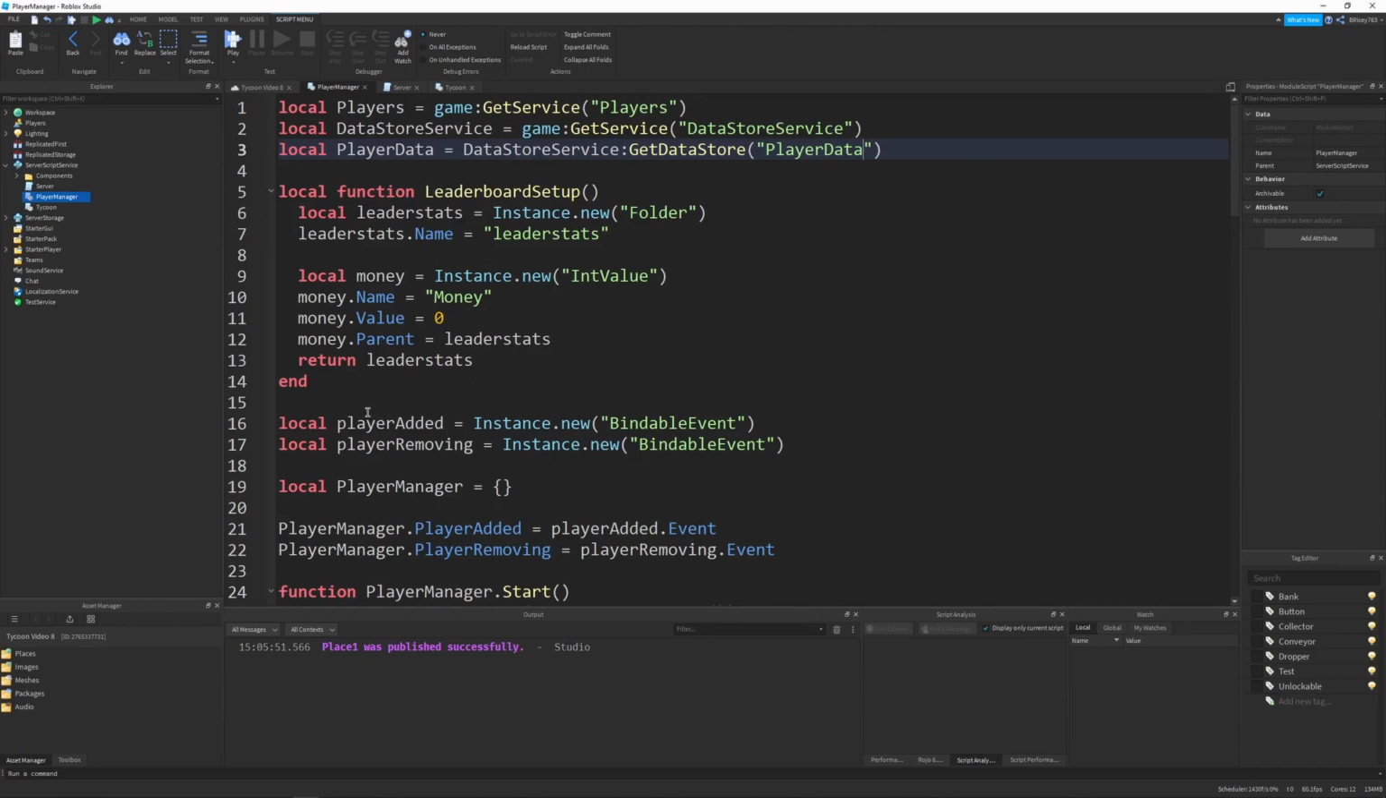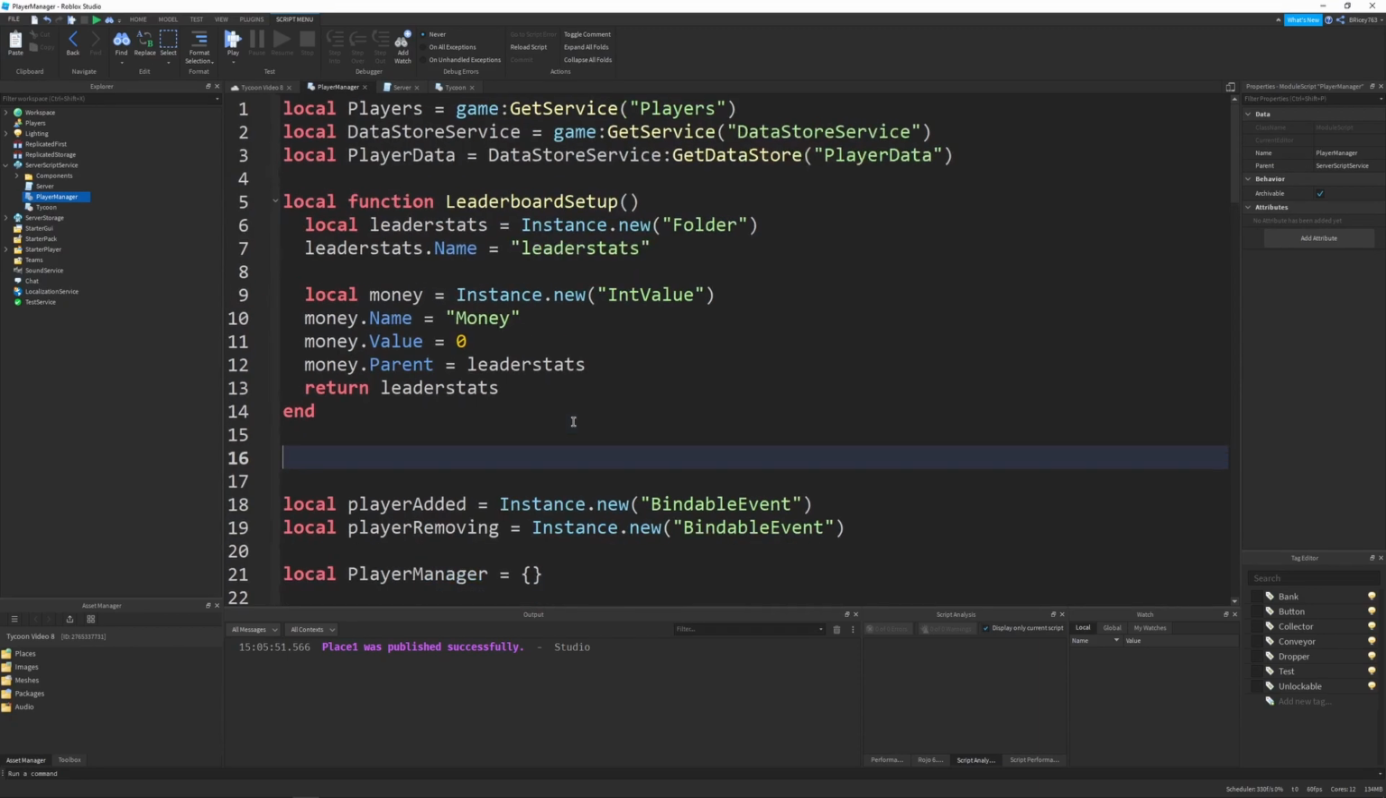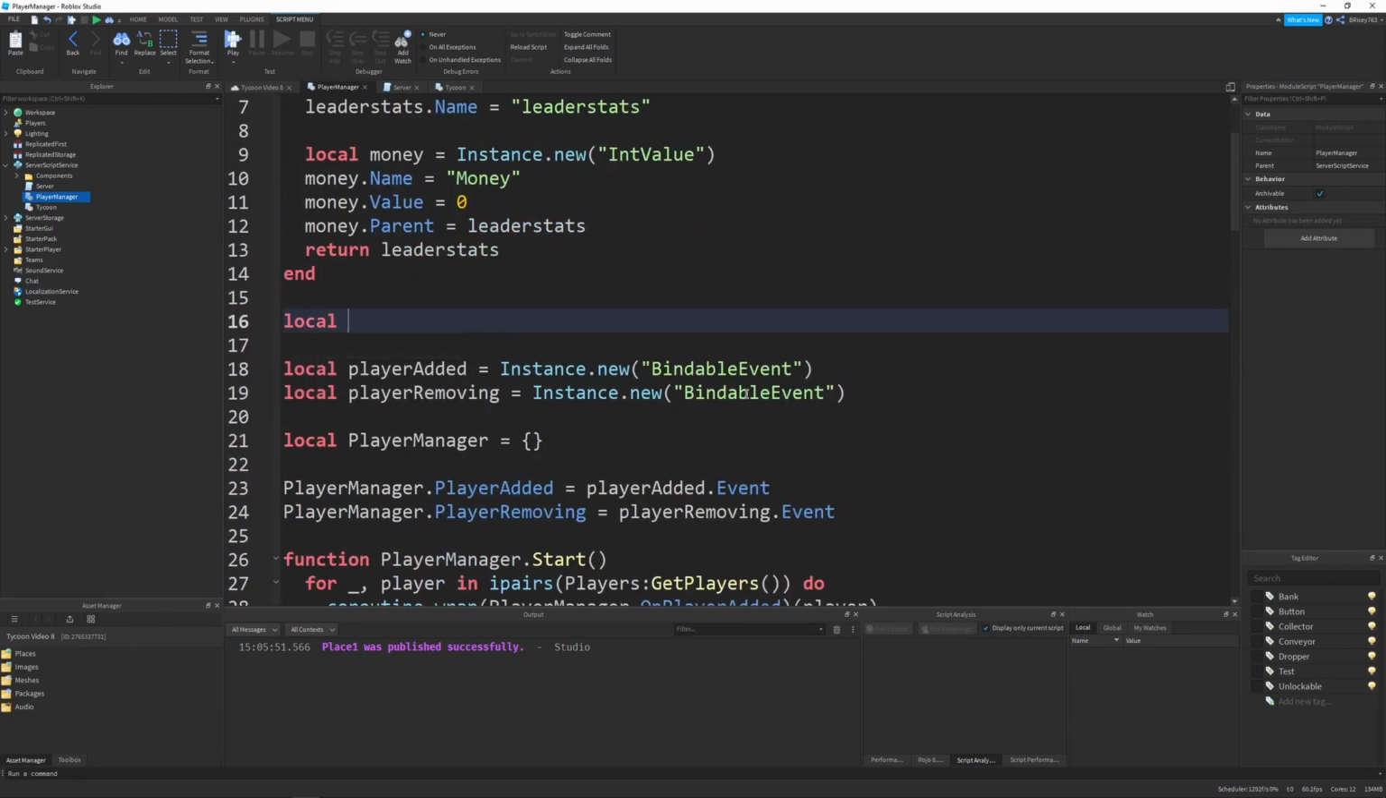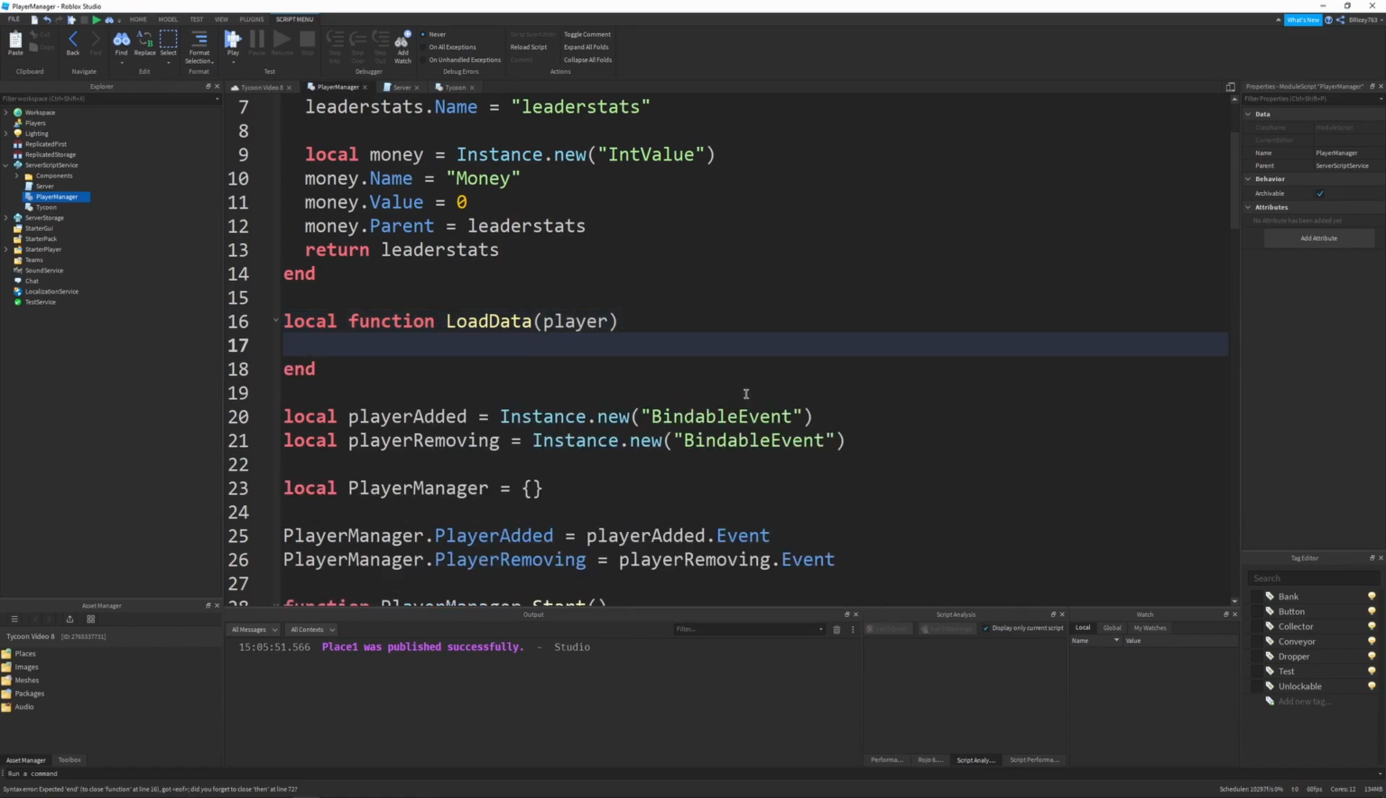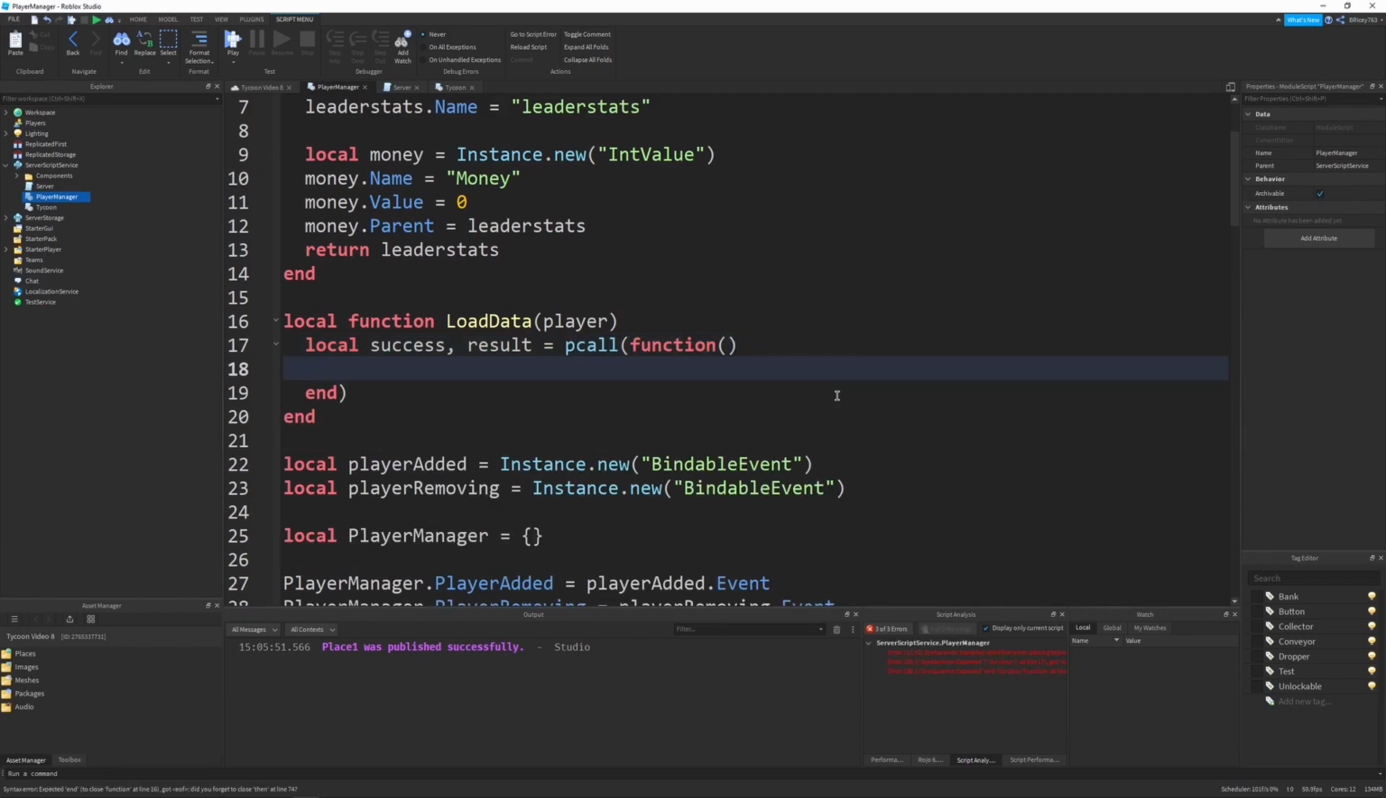So now let's define a few functions. Below my leaderboard setup, I'm going to make a function and call this local function loadData. And this will be responsible for, you guessed it, loading data. It'll take in the player as an argument because we need to know which player to load the data for. And all we have to do here is say local success, result equals pcall(function(). And then inside this function, we want to return playerData:GetAsync(